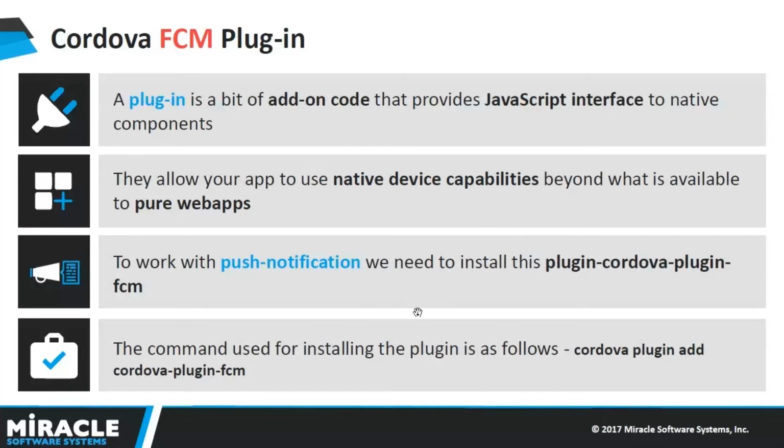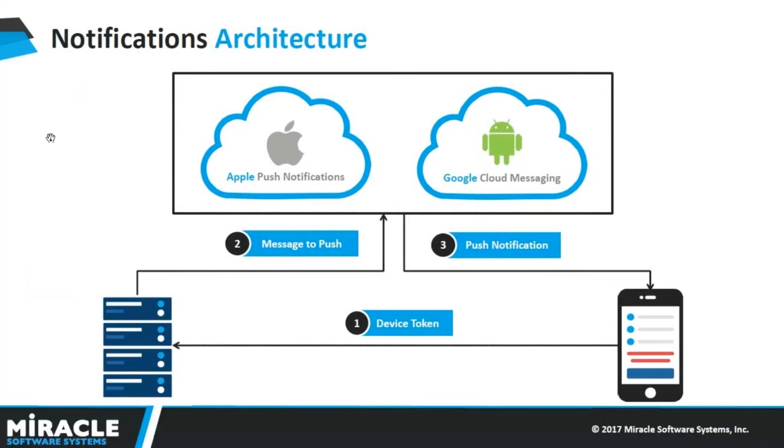And here is a command you need to run to work with push notifications, that is cordova plugin add cordova-plugin-fcm, which will help you to send notifications. And here is an architecture diagram for push notifications in general hybrid mobile apps and normal native mobile applications too. Generally, every mobile application has a device token and sends that device token to your server, and the server internally makes a request to APN for iOS and GCM, that is FCM, Firebase Cloud Messaging, for Android, which will send the notification to our mobile device.